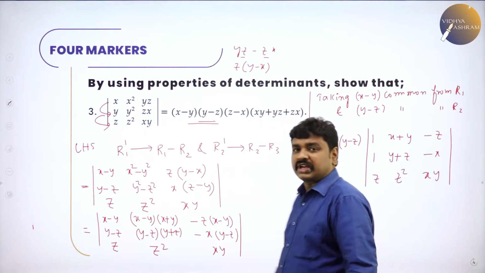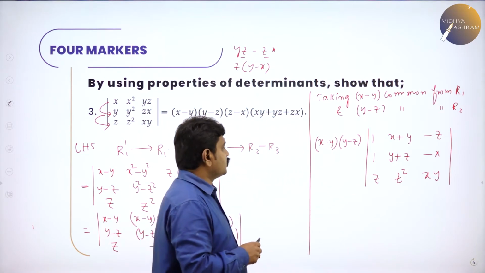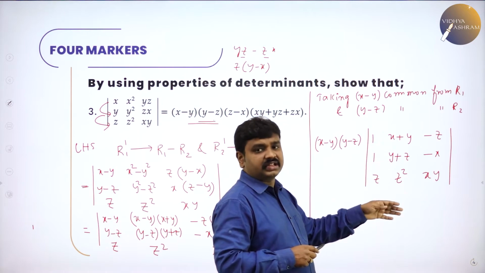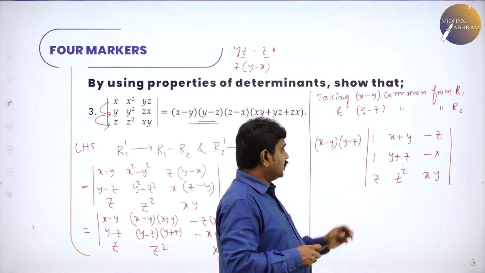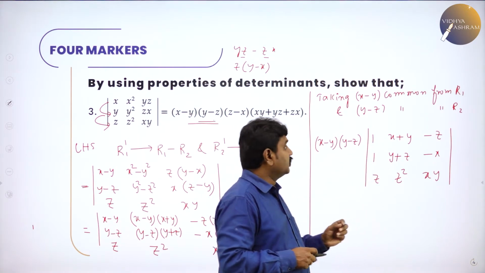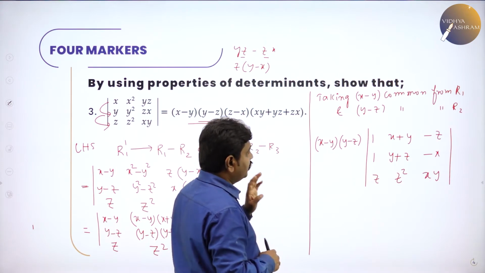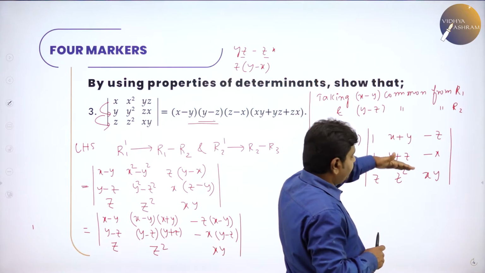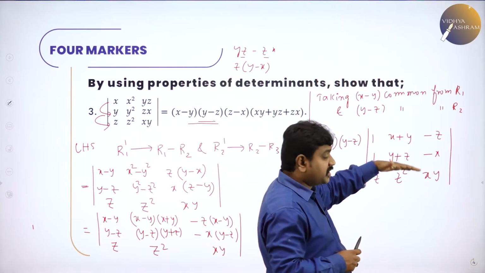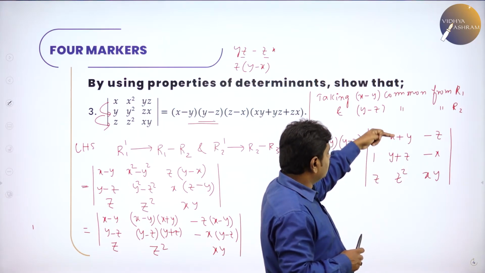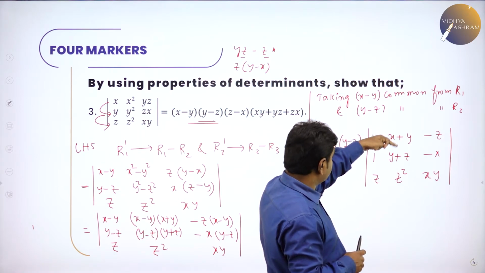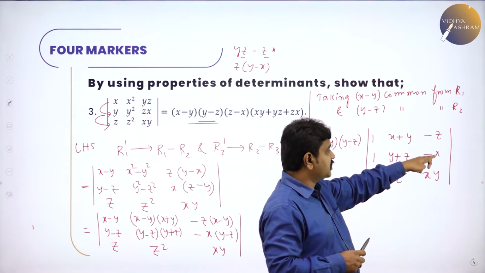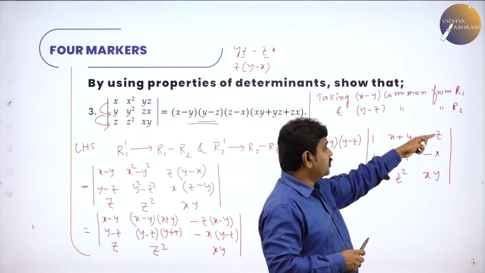Now further you can do transformation to reduce this. So what you can do, I can make R1 minus R2, the length reduces, then you can expand. Directly you can expand, but we need z minus x. So we cannot get z minus x here. If I subtract these two, R1 dash is R1 minus R2, 1 minus 1 is 0. So x, y cancels, it will become x minus z. So then this will become minus z plus x, or x minus z.